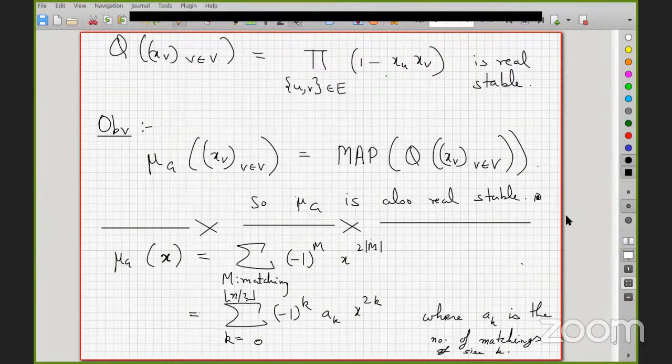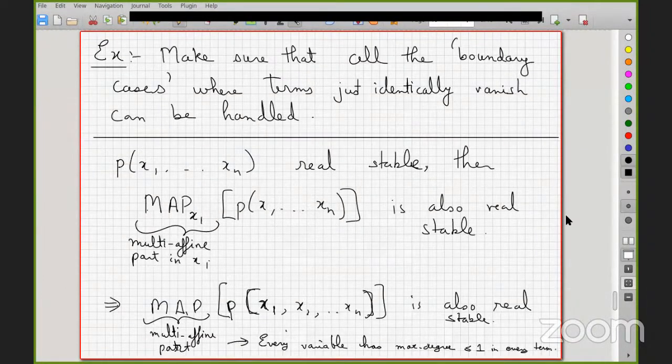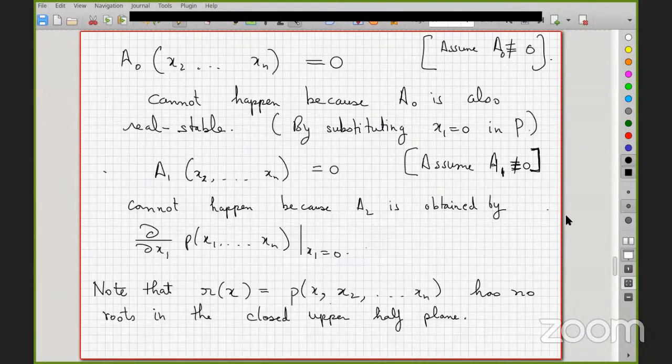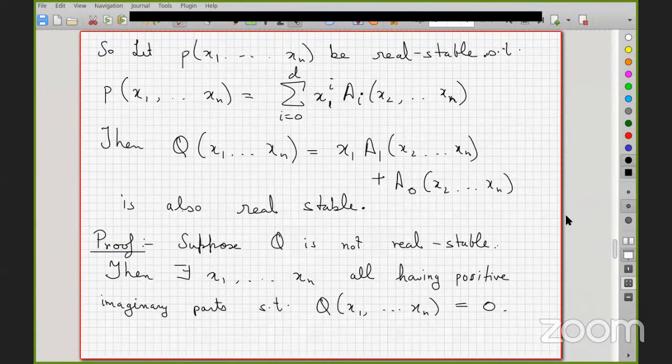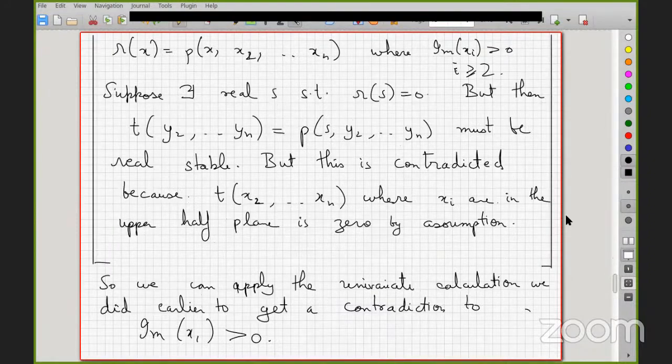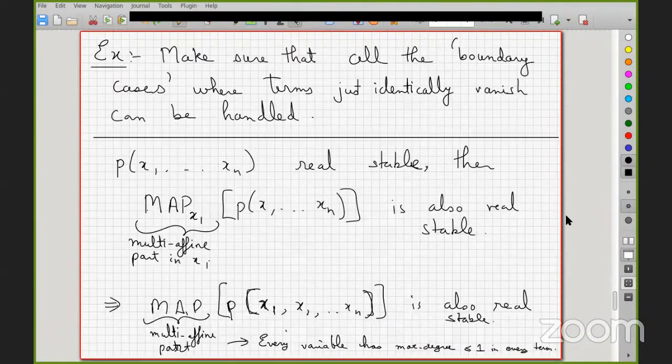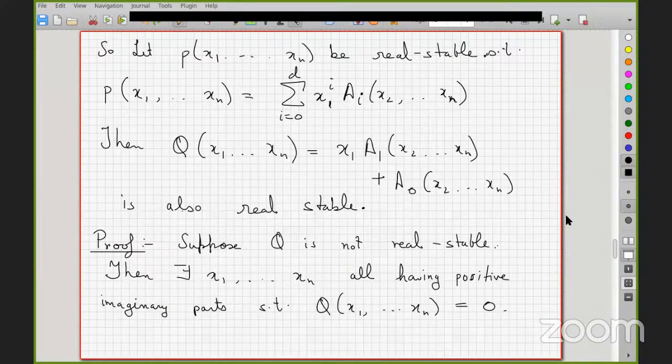So this can be fixed, but maybe today let's focus on the map operator. In the proof that I did, the only thing that is possibly suspect, which you should check, is what happens with real stability. In our case, it will not be a problem because things are not vanishing. But in general, with this map, you have to be careful about things vanishing. So you have to just argue that